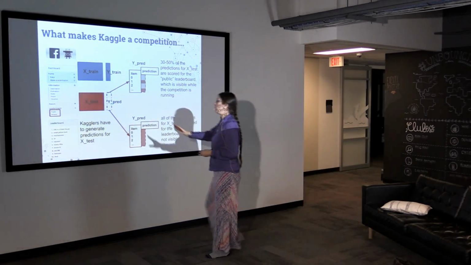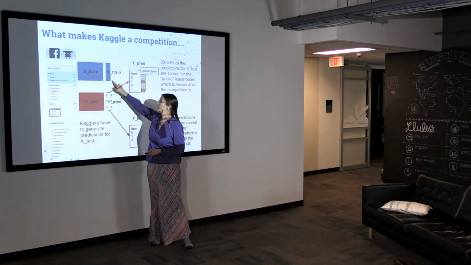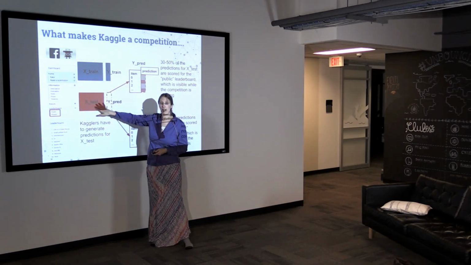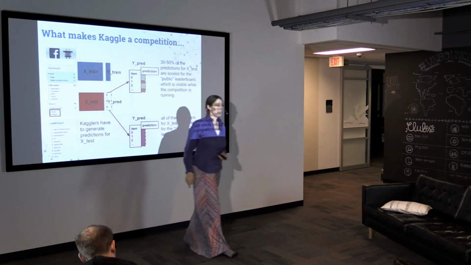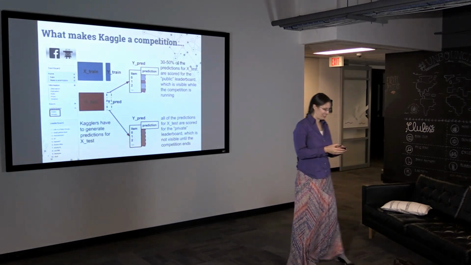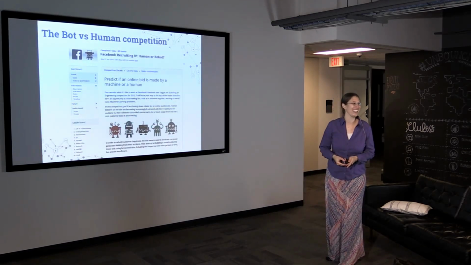Okay, so what you get is X-train and Y-train, and you are asked to make predictions on X test, and you don't know what the values are. Yes, you have to split this yourself if you want to do cross-validation. That's another slide. It may be the next slide, actually. Nope, it's not. Okay.